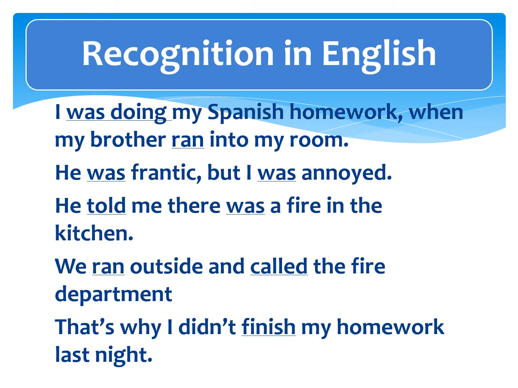One way to talk about the preterite and the imperfect is first think about it in English. I was doing my Spanish homework. My brother ran into my room. So the "was doing" would be in the imperfect because it's the background information. My brother ran into my room. That verb would be in the preterite in Spanish because it's an interruption.